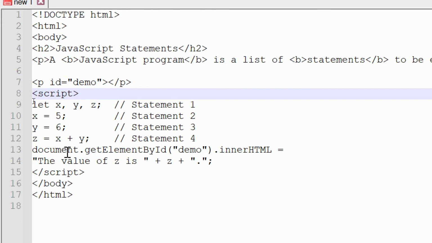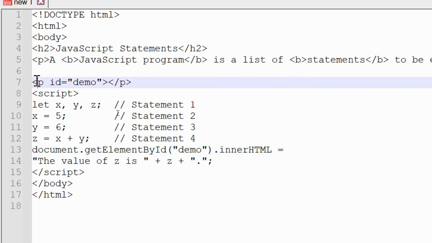Now what we are doing: from the whole document, meaning the whole web page, get the element of HTML whose ID is demo. So you can understand this paragraph is selected here, and inside its innerHTML, meaning inside the paragraph, we assign a value, equal to is used to assign a value.